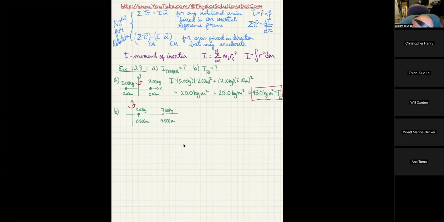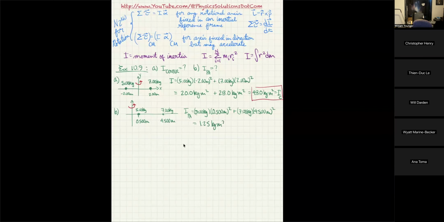So I through a parallel axis in this case is 5.00 kilograms times 0.500 meters squared, I just wanted to double check that it was 0.50, yeah, it was 0.50, plus 7.00 kilograms times 4.500 meters squared gives me 1.25 kilograms meters squared for 5 times 0.5 times 0.5, plus 7 times 4.5 times 4.5 gives me 141.75